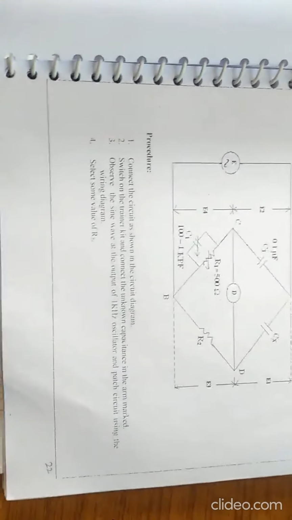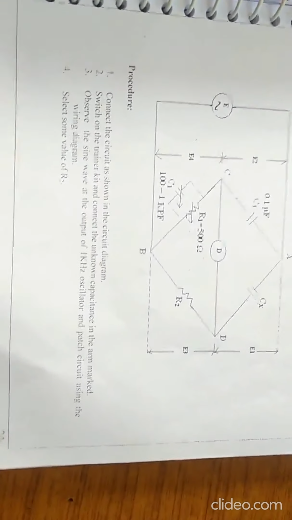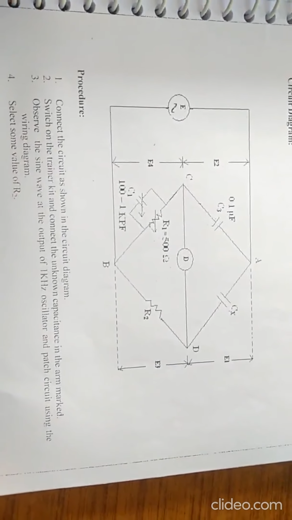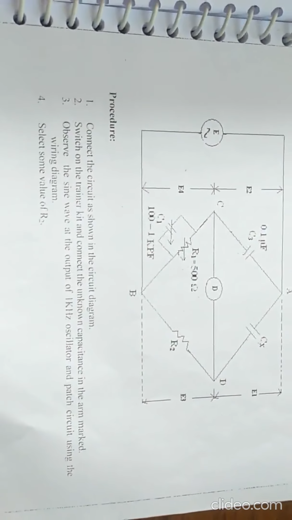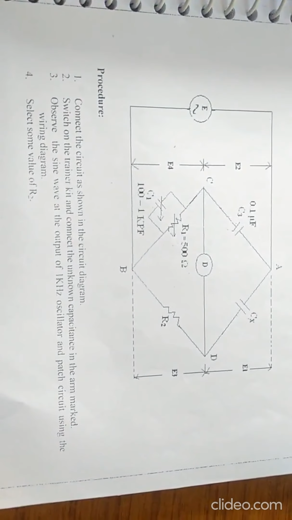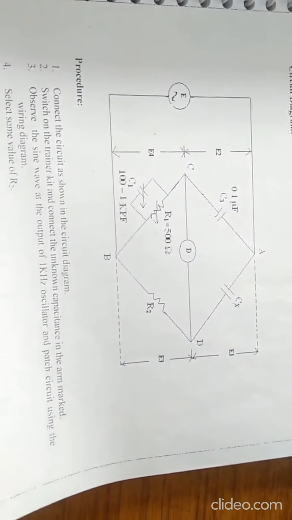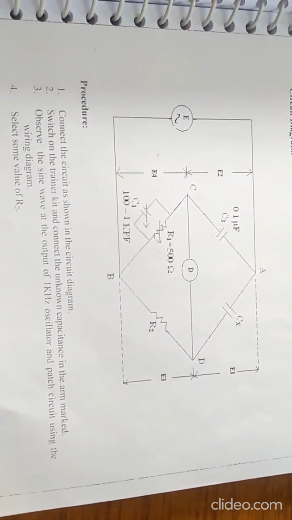Okay, this is the procedure. We have to connect the circuit diagram as per the trainer kit. So as this is an AC bridge, we have to give the AC supply. So we are not using any CRO here. Directly we are giving AC supply. Okay, so what is the procedure, I'll explain. Actually, see, this is the observation table, theoretical calculations. Okay, so what is the observation table: here C1 is constant, right? What is C1? I already told you, C1 is 0.1 microfarad, that is a constant one.